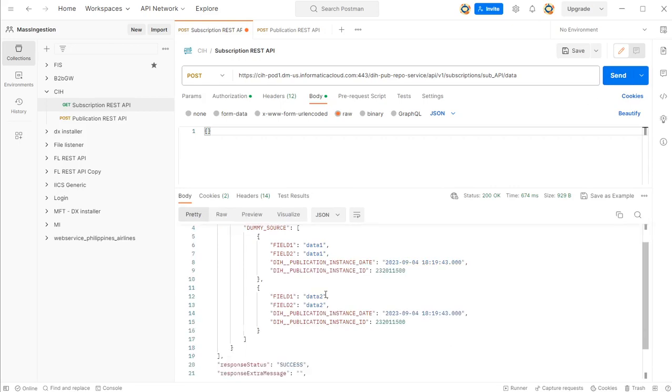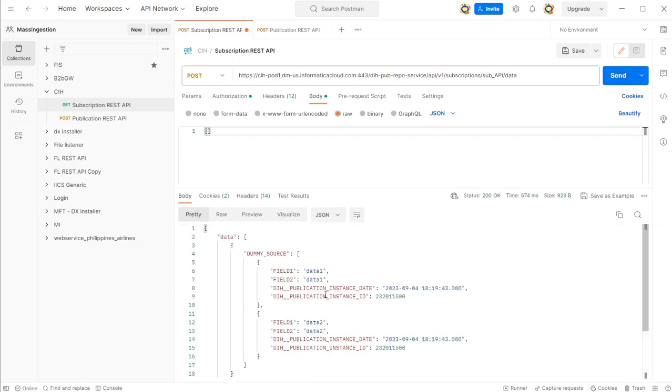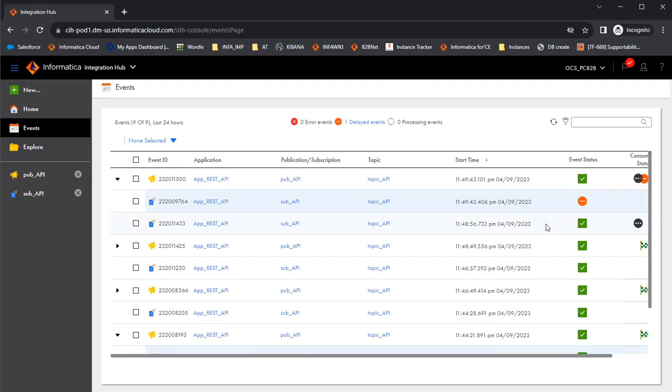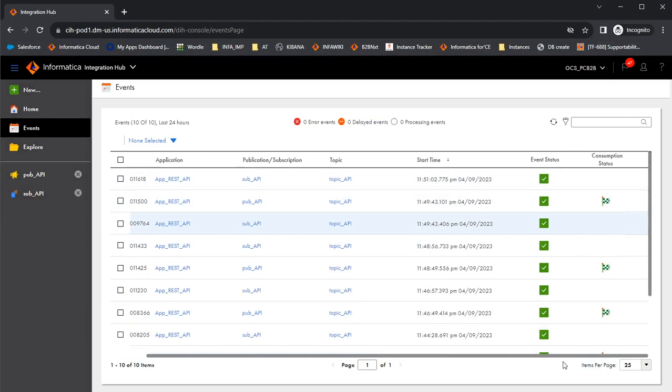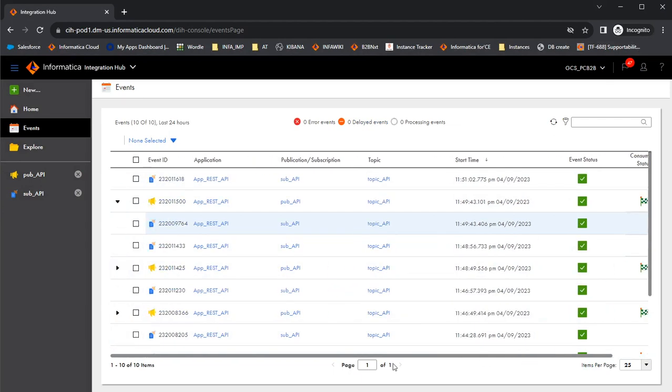Okay, so now we see that those two rows, which were published earlier, were consumed. Let's see the integration hub page. Refresh. Yeah, so the publication's consumption status is seen as final, which means the subscription has consumed the two rows that have been published by the publication